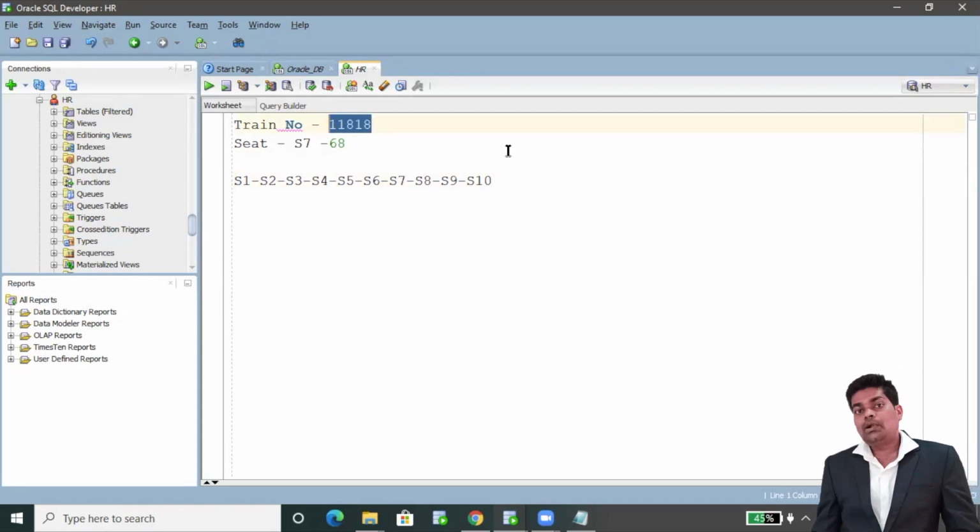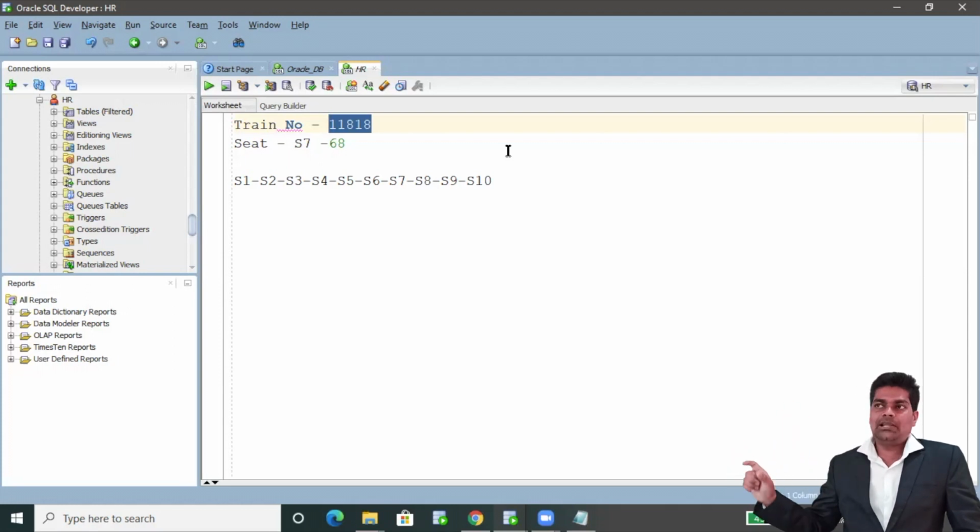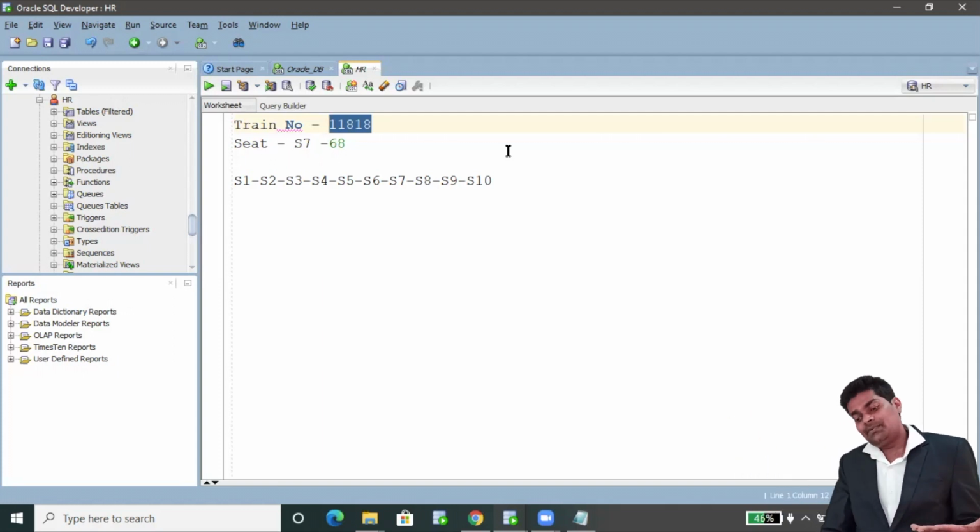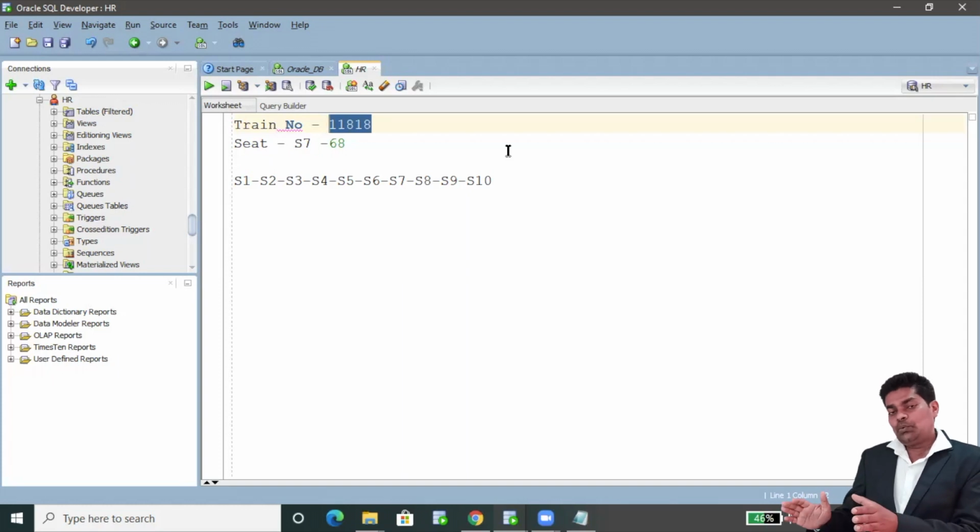Okay, so what will I do if I want to board the train? First, I will get the schedule: when the train will come and on which platform. Then we'll go there. Once the train arrives, I will check where the S7 coach is. I'll go to the S7 coach, then take seat number 68. But if I randomly know that my seat number is 68,